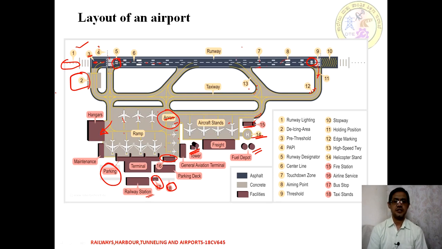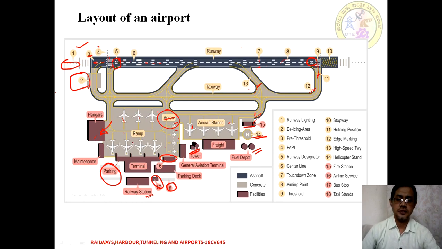So in this image it is demarcated with three colors. One is the black color, that is asphalt. Wherever the runway is going to be, it is going to be asphalted. For the taxiway, exit taxiway and apron, where the loading intensity and stresses are going to be more because of high speed and the stationed weight of an aircraft, which is going to be huge, it is always going to be concrete. The rest, chocolate in color, are the facilities that we are going to provide. So this is a systematic layout plan showing all the components of an airport.